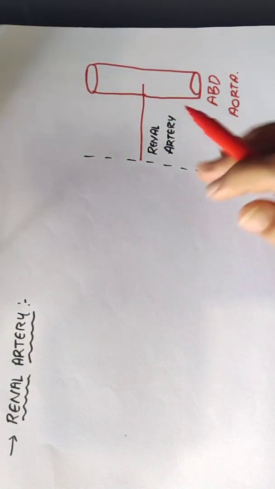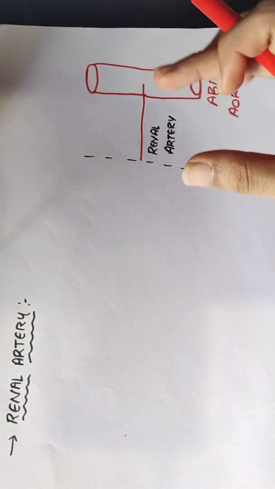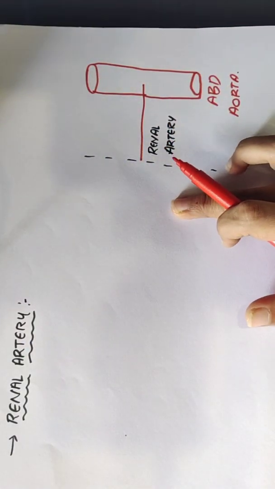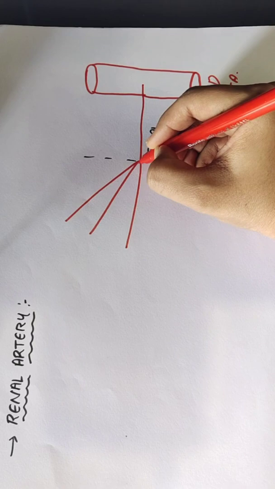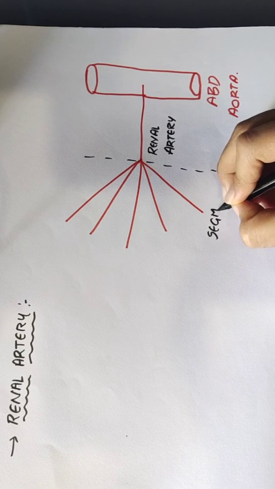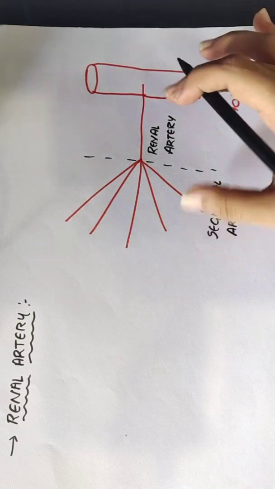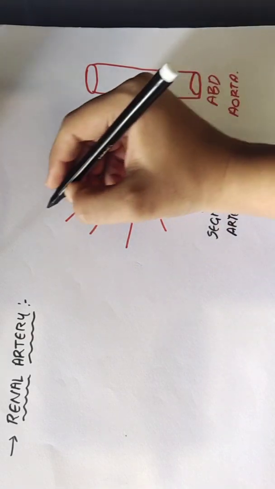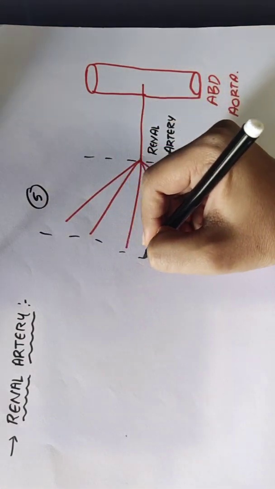We'll divide it here. This renal artery divides into 5 segments. Each renal artery divides into 5 segments, and that is called the segmental artery. So it is giving 5 segments. What is it called? It is called the segmental artery. I'll just continue only one thing, the renal artery. We'll take one segmental artery. So there are 5 segmental arteries in each. This segmental artery, we'll divide it here.